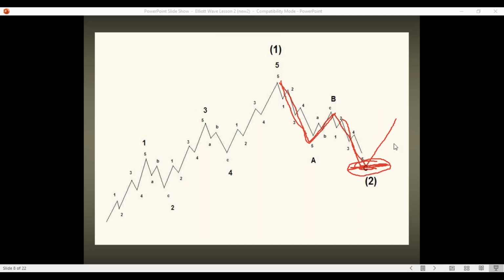Now, we also need to be aware that there are different wave degrees, and so these characteristics show up at different levels. In other words, this is a bottom right here from this correction, but because it's a smaller correction, those characteristics aren't going to be as big as these ones right here. Here's a smaller bottom of that correction right here. Those characteristics are going to be much smaller than this one. And I'll try to point some of that out as we're going through the